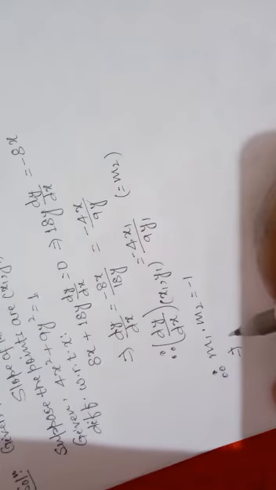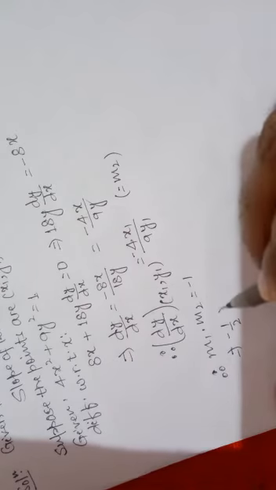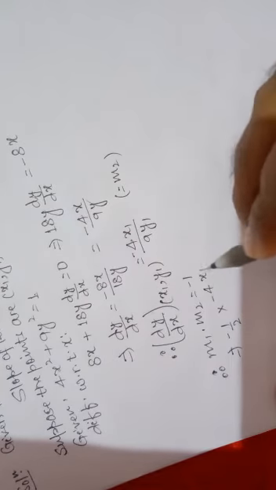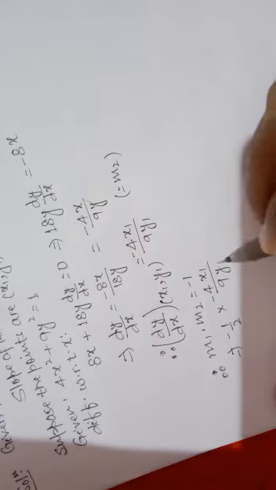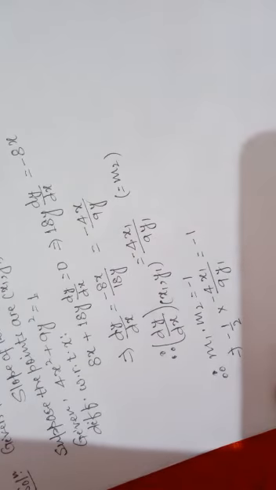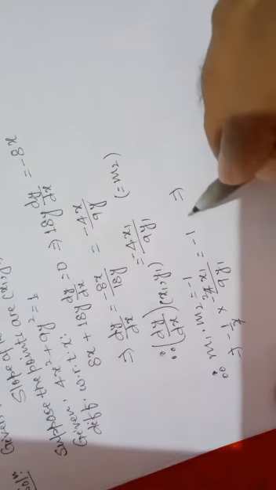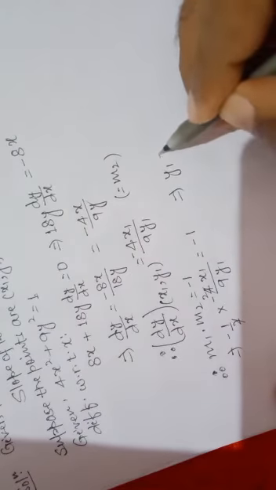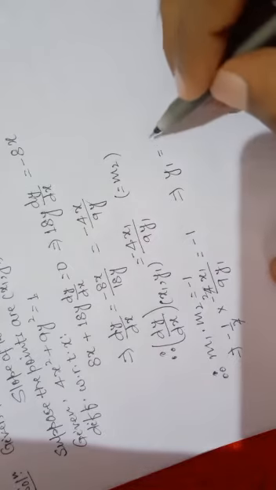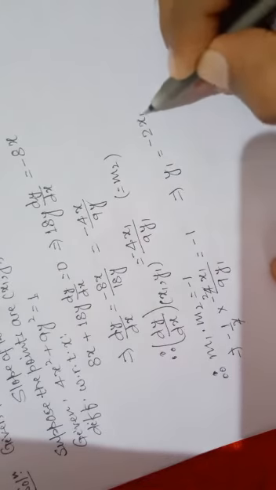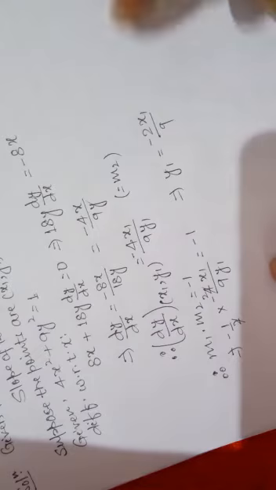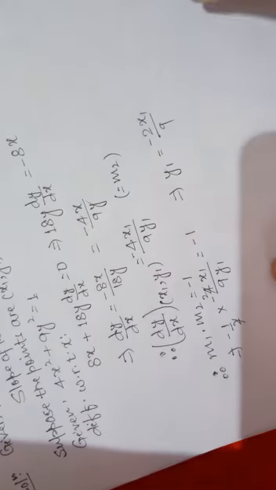m1 you have calculated as minus 1 by 2, m2 is minus 4x1 upon 9y1, and this should be equal to minus 1. See what its value is. 2 cancels, minus and minus becomes positive, hence y1 is equal to minus 2x1 upon 9. So you have got the value of y1.